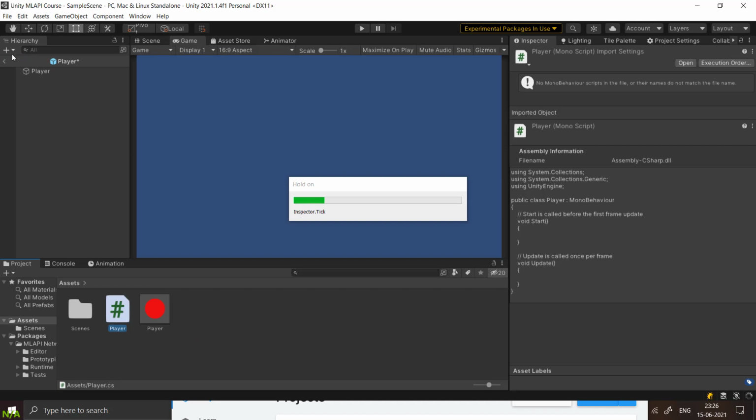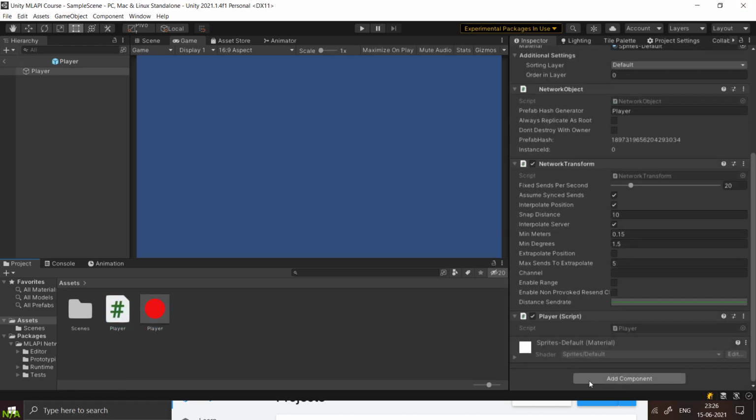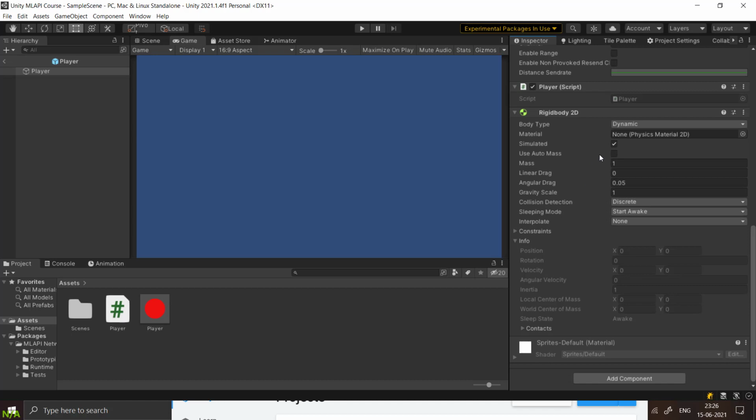We will need to add a lot of things, like a collider and other things, but let's make it simple for now. We will add a Rigidbody 2D component to it. Gravity won't be simulated, so gravity scale is 0, and the rest is fine, I guess.